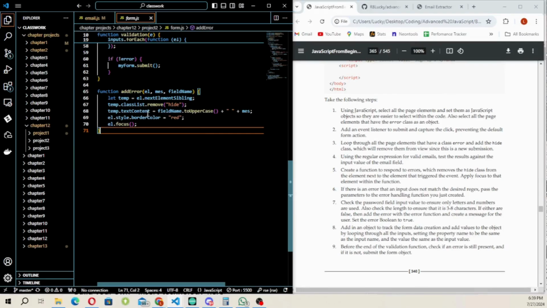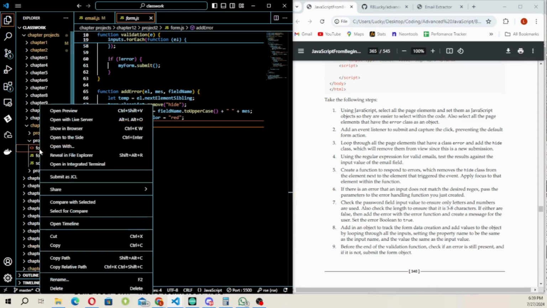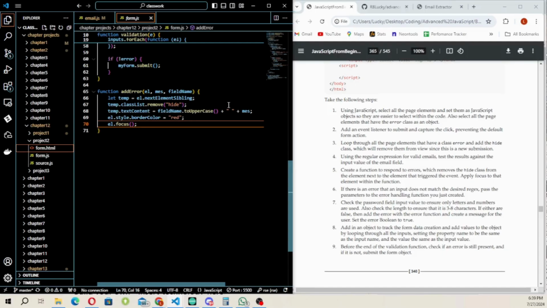And then we're going to change the border color of the input section of the form into red to basically highlight what's wrong, and we're going to focus to get the cursor to be on the input box that the user needs to correct. So if I open this on the browser just to display how it works,